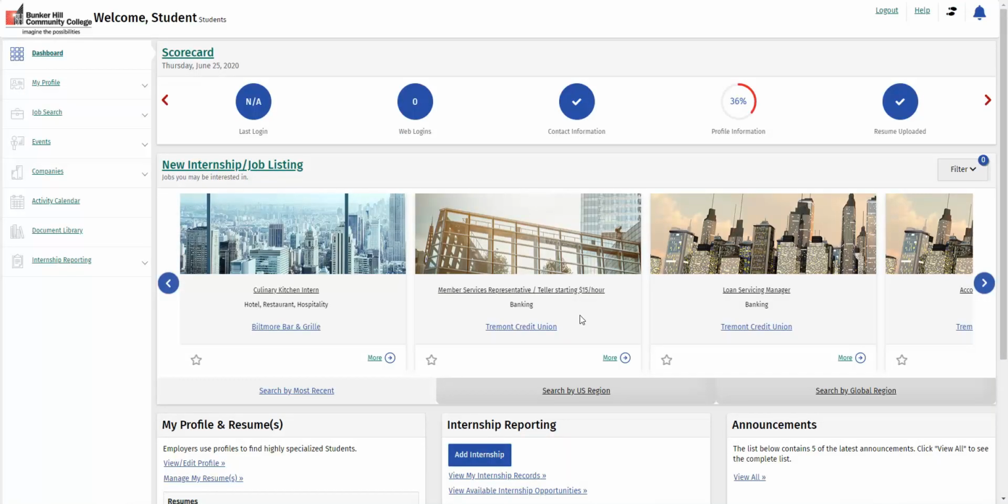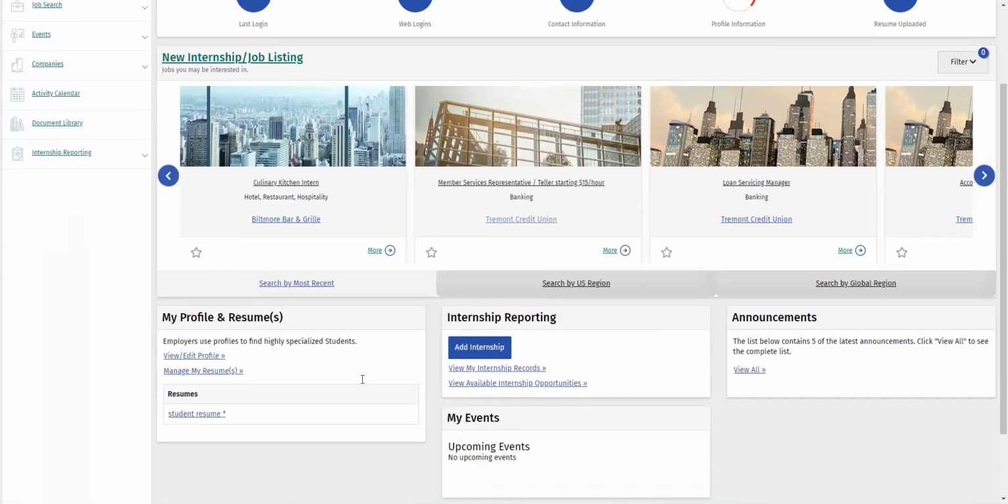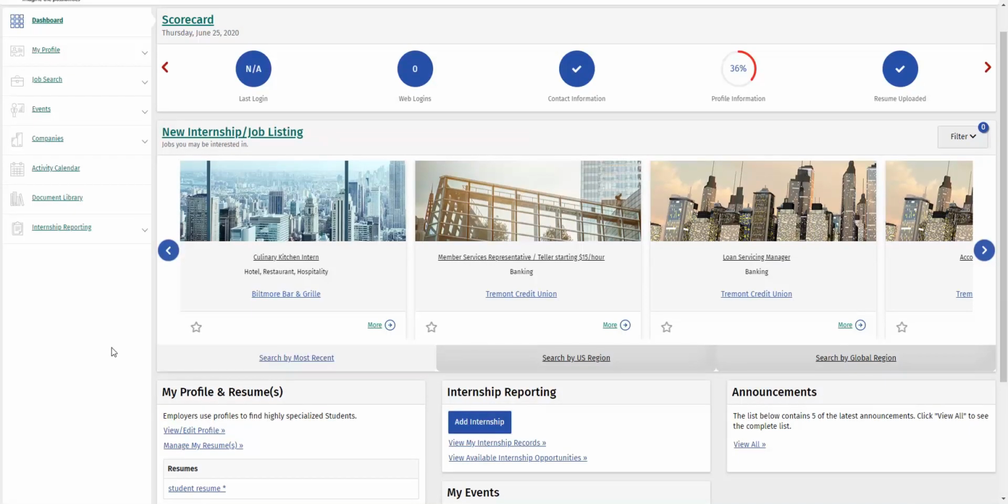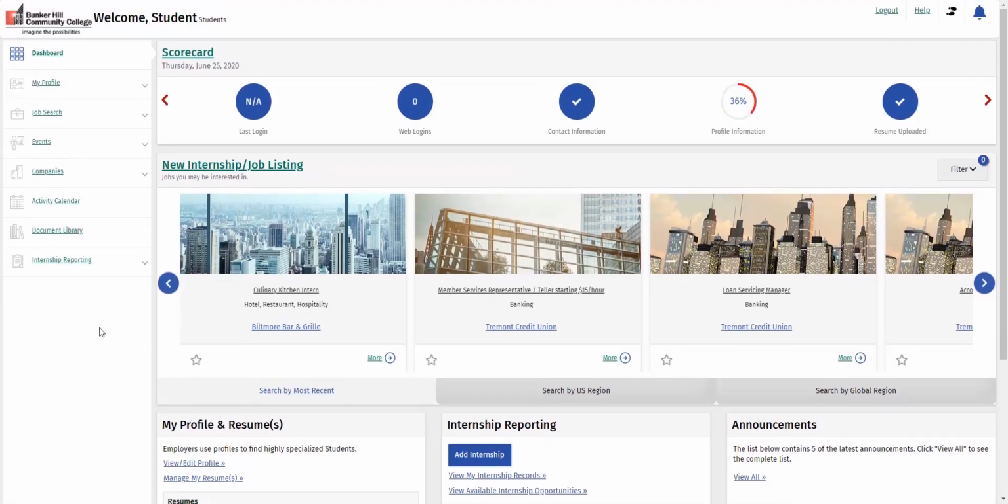Once you've completed your profile, you'll see this page right here, and this is the Grad Leaders homepage. You'll see links to edit your profile, as well as any announcements that the school or the software has made. So what I want you to focus on, obviously you'll have your scorecard here as well in terms of your resume uploaded and to complete your profile, but it's really to focus on the new internship and job listing link, which is right in the middle of the page. So if you click that,